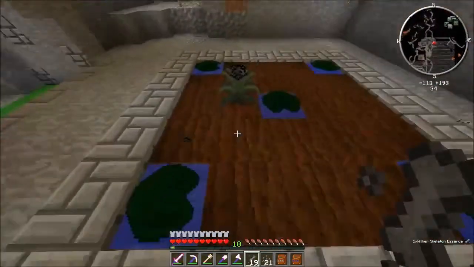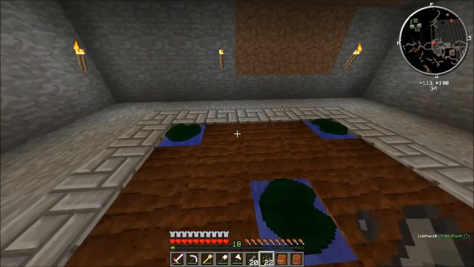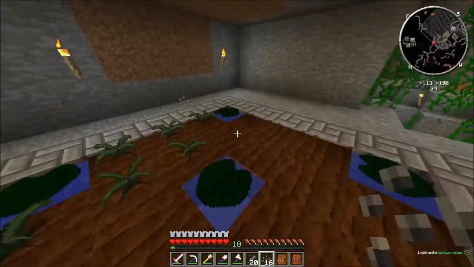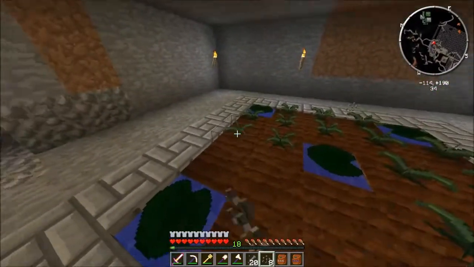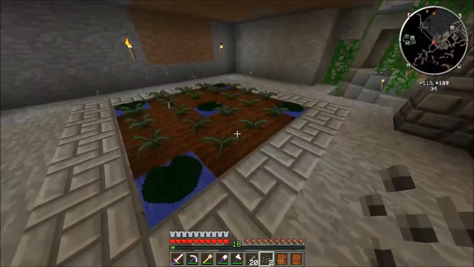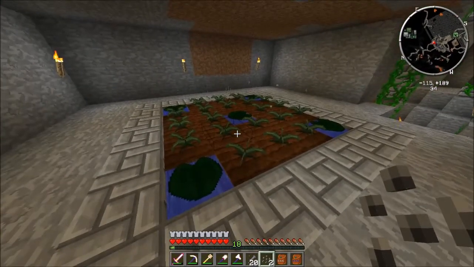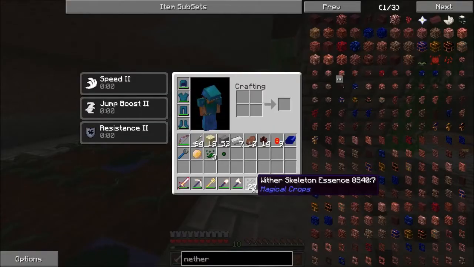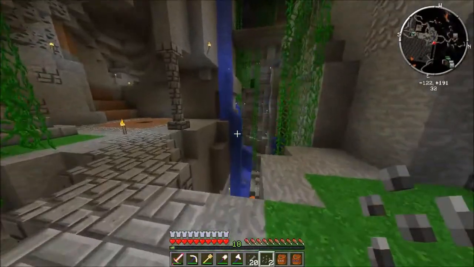Now you do need 4 wither skulls to make the seed, but that's kind of worth it considering at this point you can just grow wither skeleton skulls now. You don't need to mess around with a spawner or anything. Now I just have these growing down here. I'm not harvesting them automatically or anything, but with just this little amount right here, that's enough for 2, and I only need 3